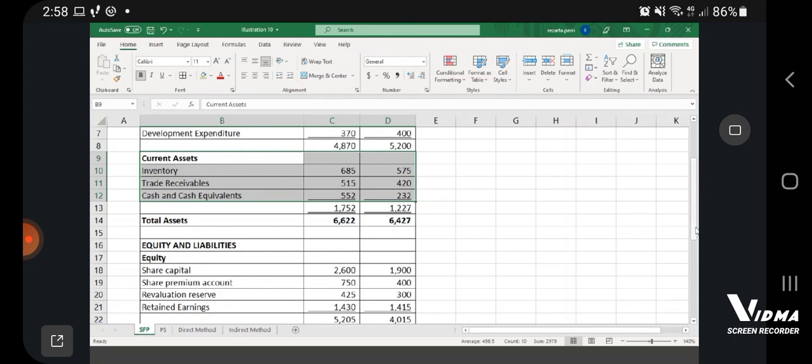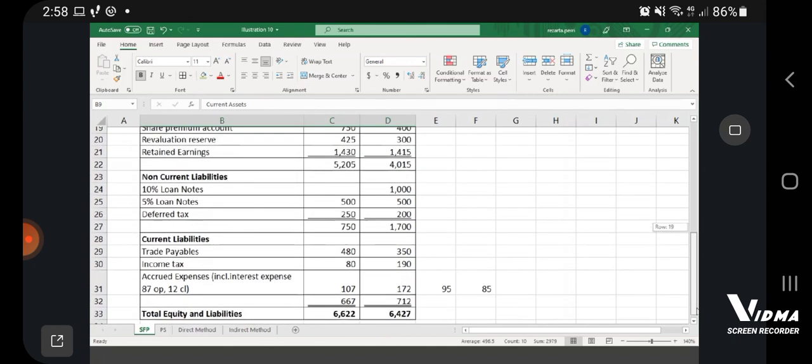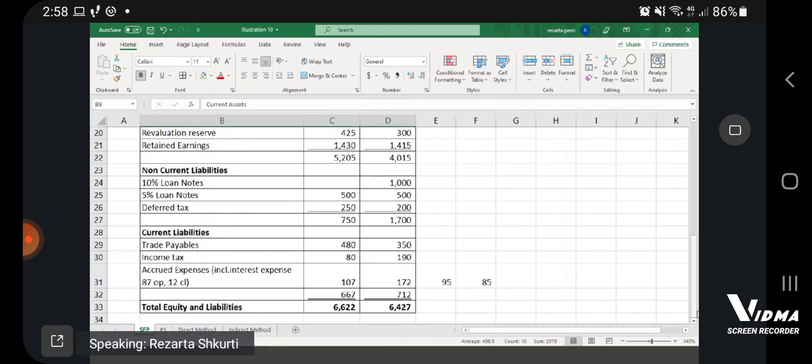So I continue with the current liabilities one by one. Trade payables, I included them when we converted cost of sales into payments to suppliers. Check. What about income taxes? Good, we included income taxes when we calculated taxes paid. This is check as well. Now I come to the accrued expenses. This is an